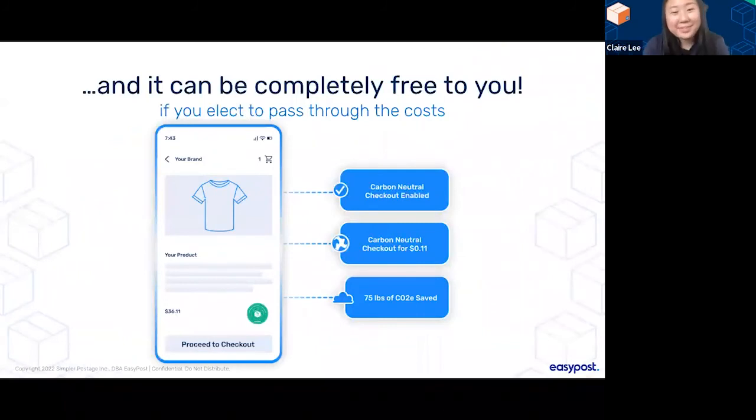And it can be completely free to you. Since we provide the carbon price estimate upfront, you can display that at time of checkout to your customers. You can charge your customers that extra fee on that checkout page if they want to use carbon neutral shipping, or you can add it to the shipping rate. It's up to you how you want to do it. This way, you can enjoy the benefits of being an eco-friendly brand while having this new feature completely free to